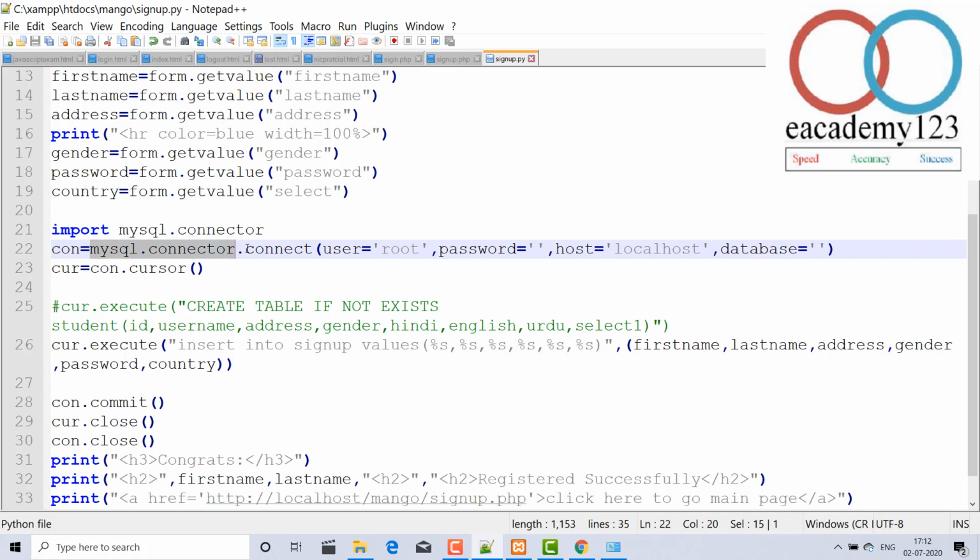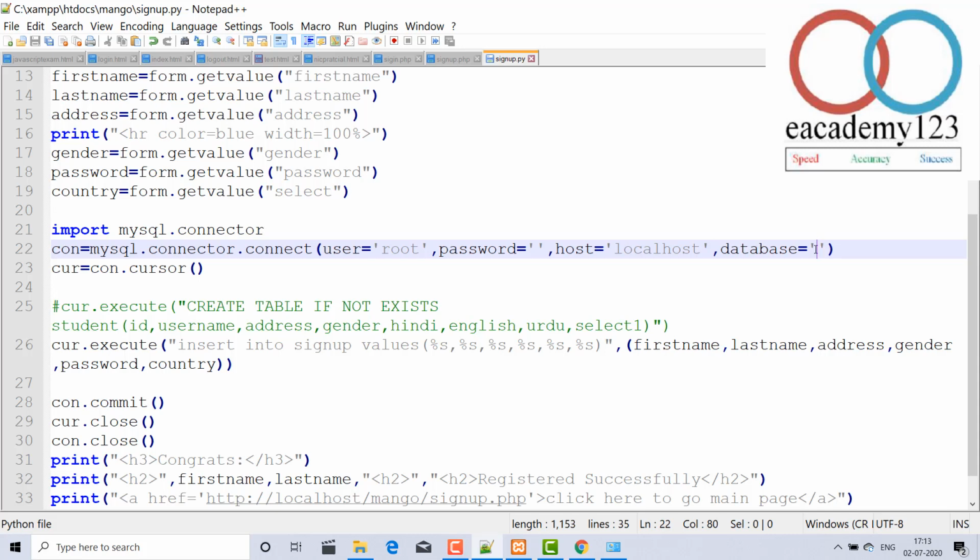MySQL connector connect, and first of all you have to pass user as root, then you get all privileges and can act as an admin. The password I am leaving blank for the present, and host, everyone knows, is localhost. The database name I have left blank. So what is my database name?